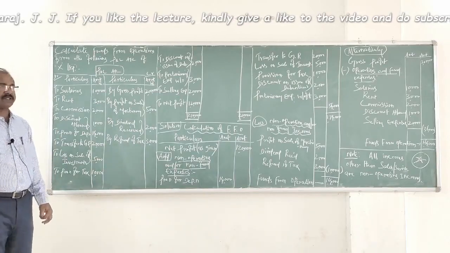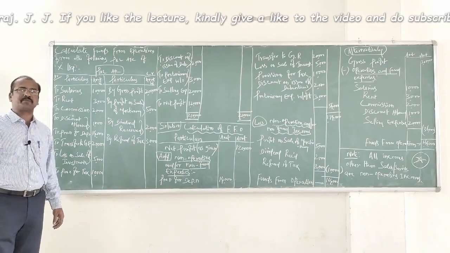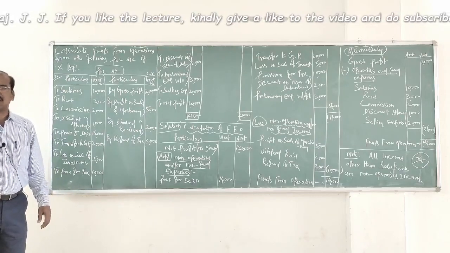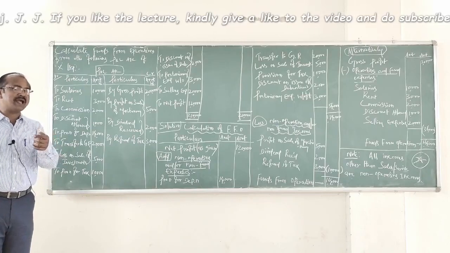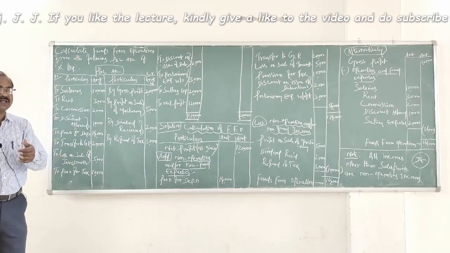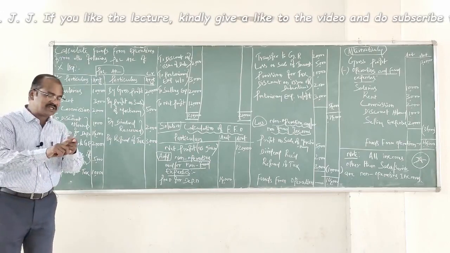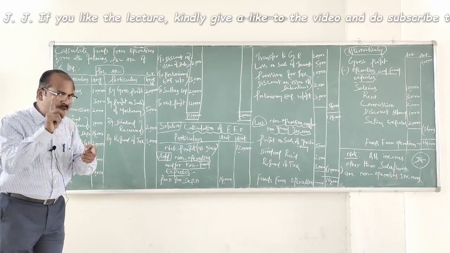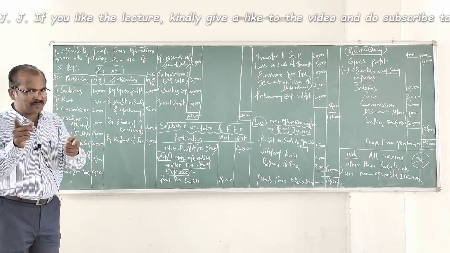What about this one? Provision for depreciation. First, let me start with the depreciation. Depreciation is an operating expenditure. So, can you leave it? No. Do you pay any amount in the name of depreciation? No, it is a non-fund expenditure. Therefore, depreciation being an expenditure, it fulfills only one criterion. It doesn't fulfill the other one.